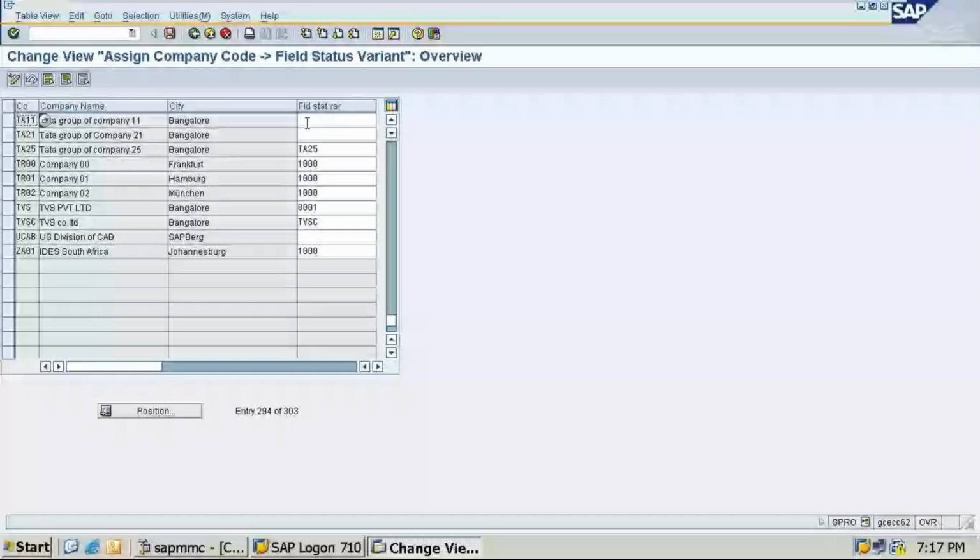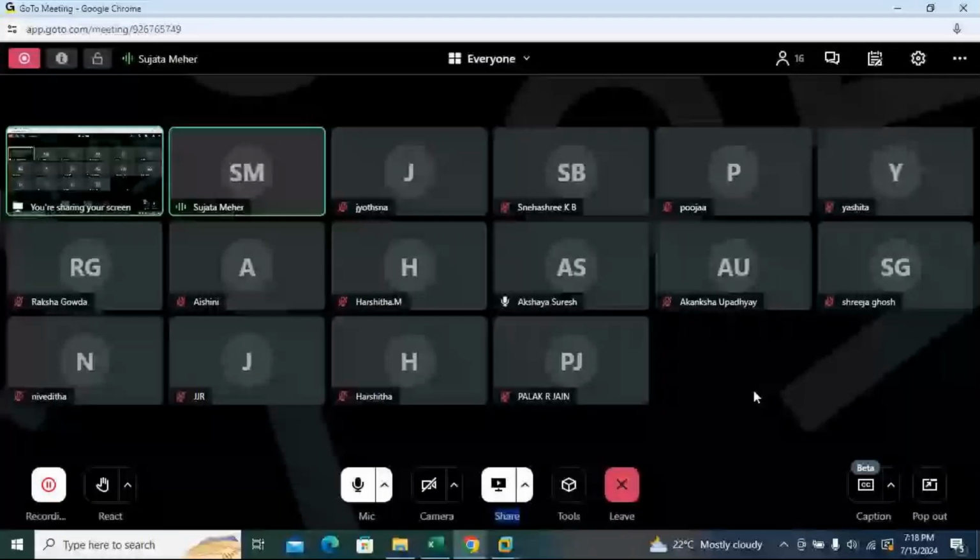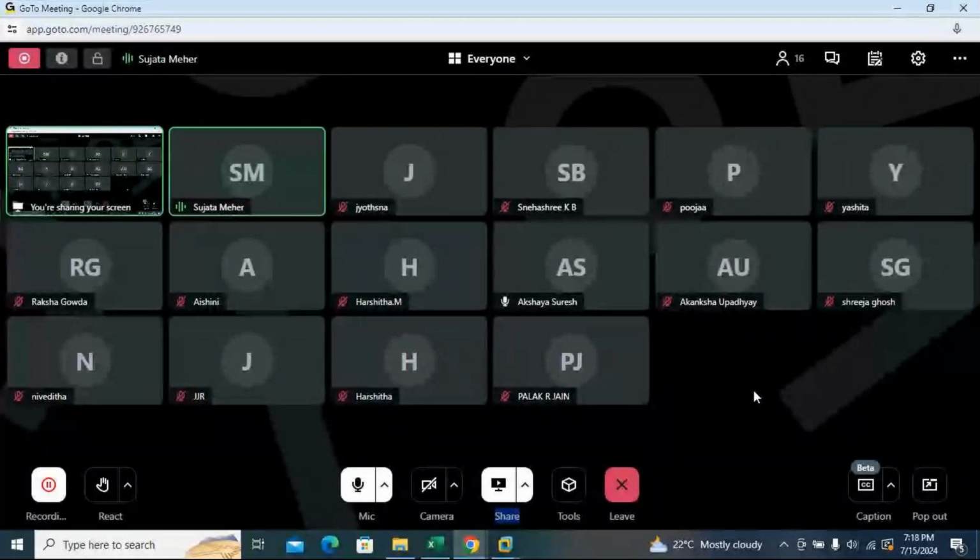Everyone getting, students? So you should not save with another company, and always you have to check whether you are doing it with your company or any other company. That is very important. Akshay, are you getting? All the students, Joshna, Snehasri, Pooja, Yashita, Rakshita, Raksha, I think Nivedita, all students, I am asking all, everyone is getting?